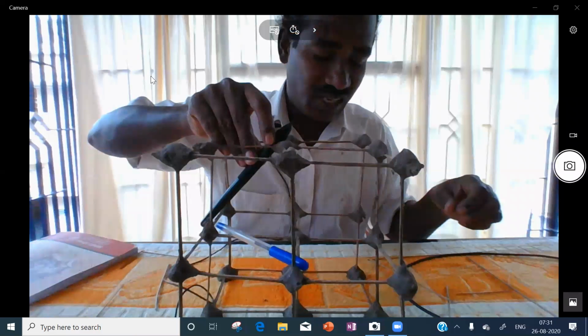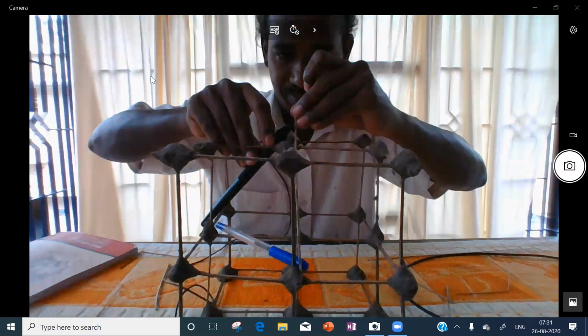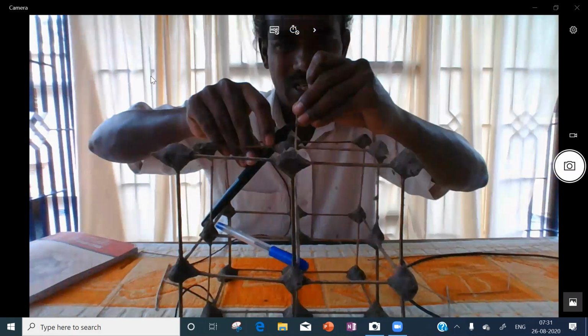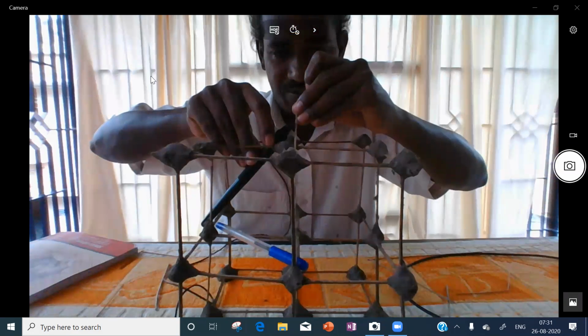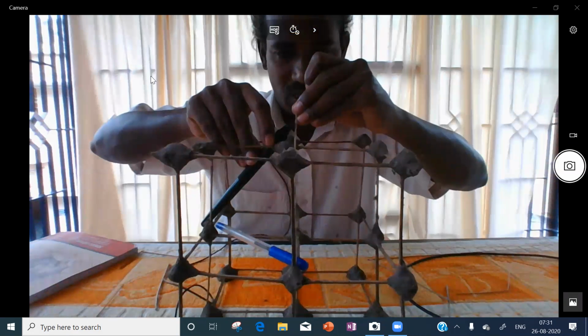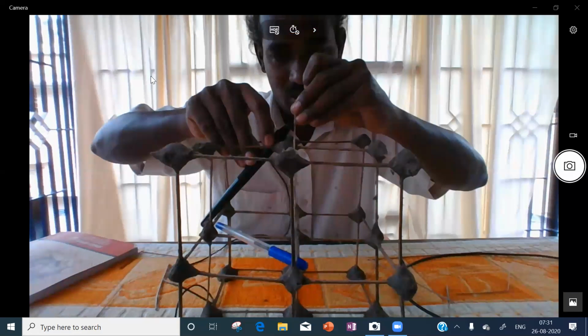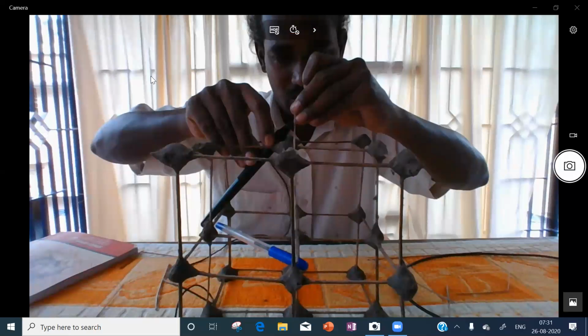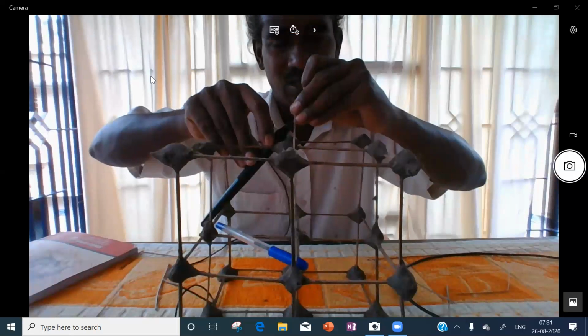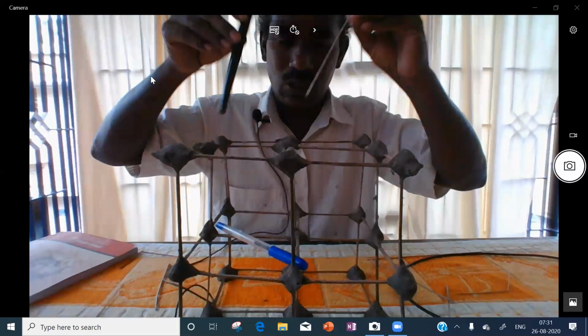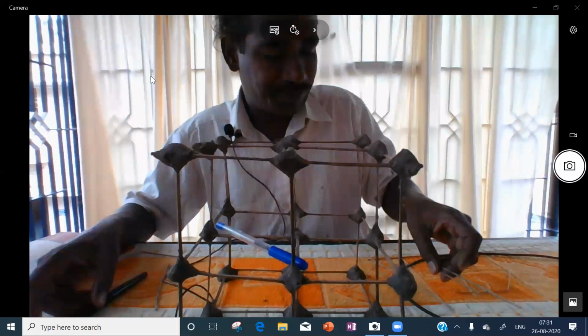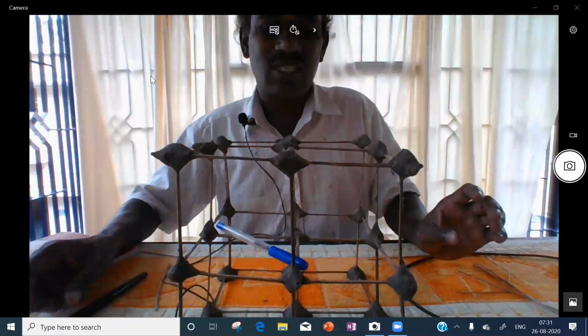Then top face center to front face center. Is it a triangle? Okay. So totally 4 triangles. 4 triangles in the sense tetrahedron.